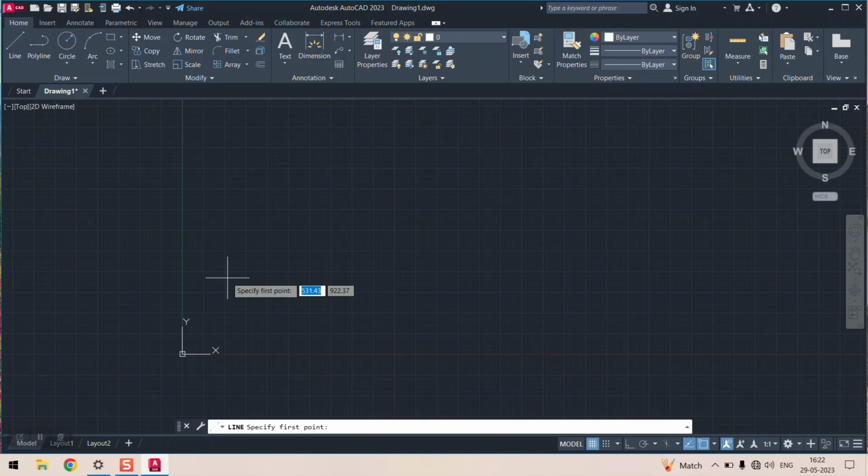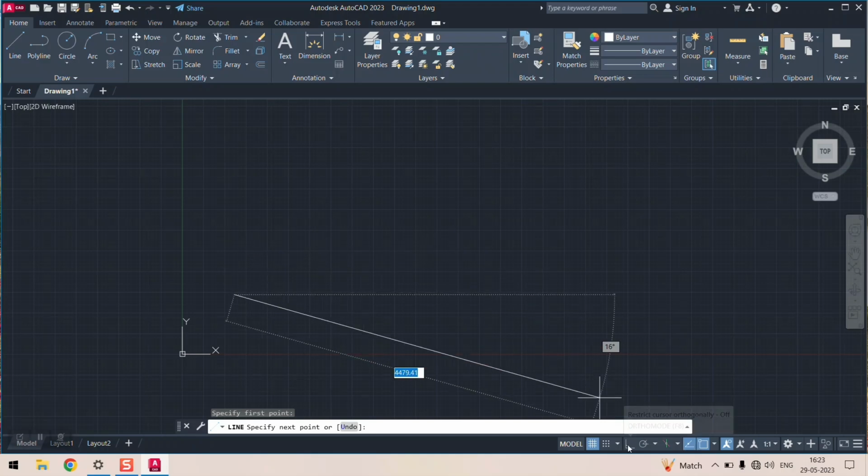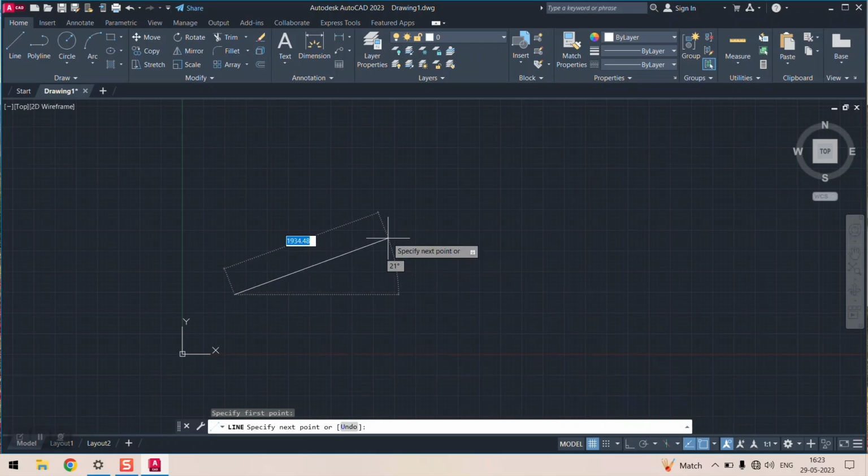Okay, so for starting a line, let us suppose this will be my first starting point. If we want to make a horizontal or vertical line, then we have to turn our ortho on. But if you want our line to be at any angle, then AutoCAD automatically suggests a particular angle just